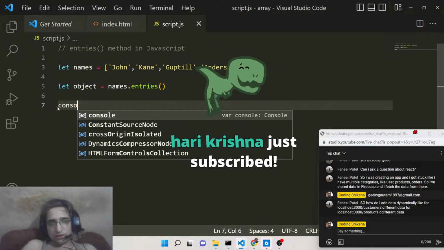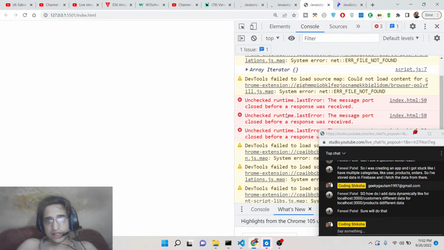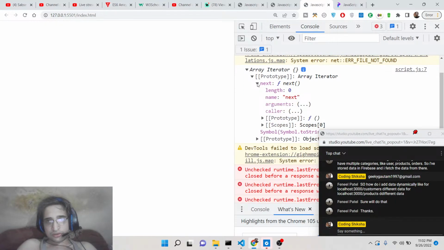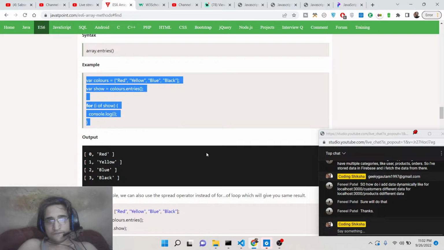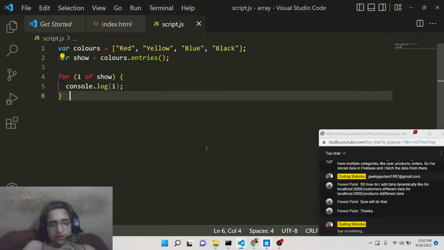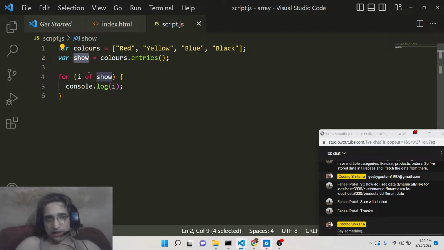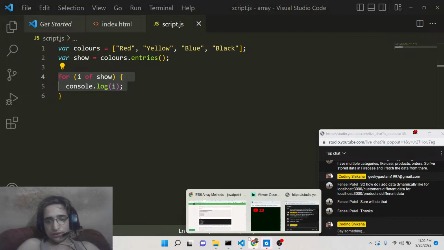You can console log the object here. So if you console log the object guys, try to look here. This is returning an iterator object guys, you will now see. Let me show you the complete example. If you refresh it guys, this is the example here. We have a colors array which is red, yellow, blue, black, and here we are calling the entries method to the colors array, and here we are looping through the for loop, console log I. If you console log it,